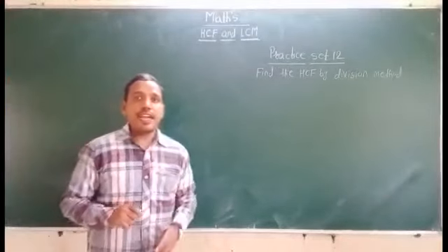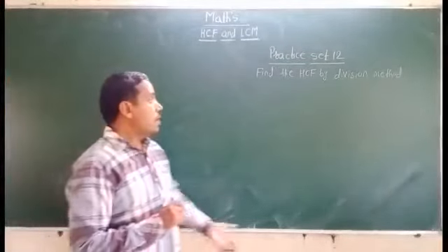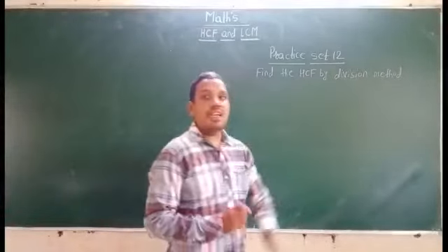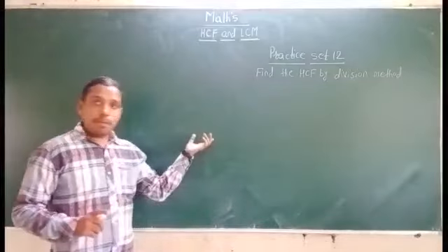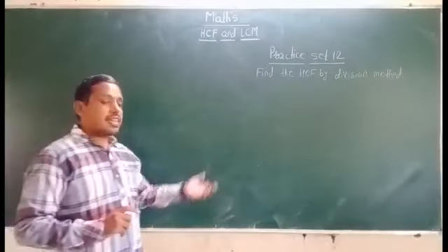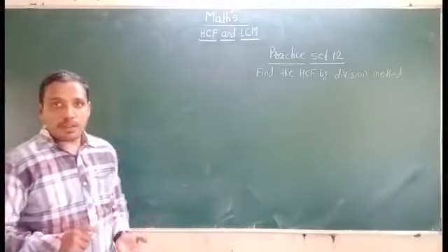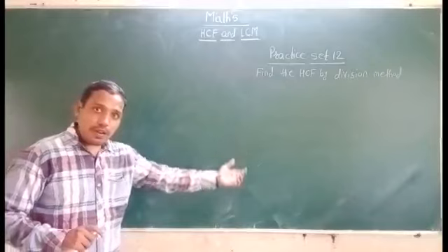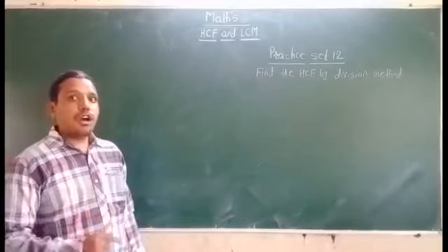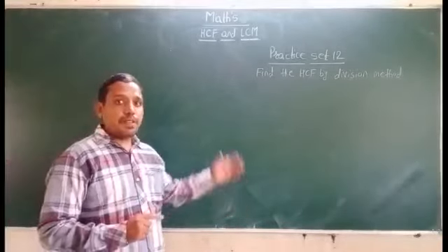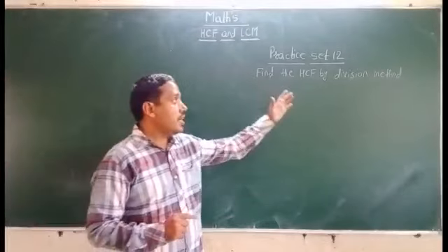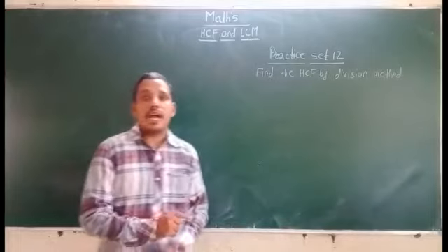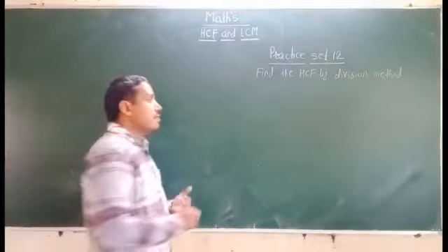Now we get one more method to find the HCF, and that method is the division method. In the previous example, we studied how to find the HCF by the multiplication method. That means we find the prime factors, and then the common prime factors give the HCF of the given two composite numbers. Here we will find the HCF of two composite numbers by the division method. How can we find it?